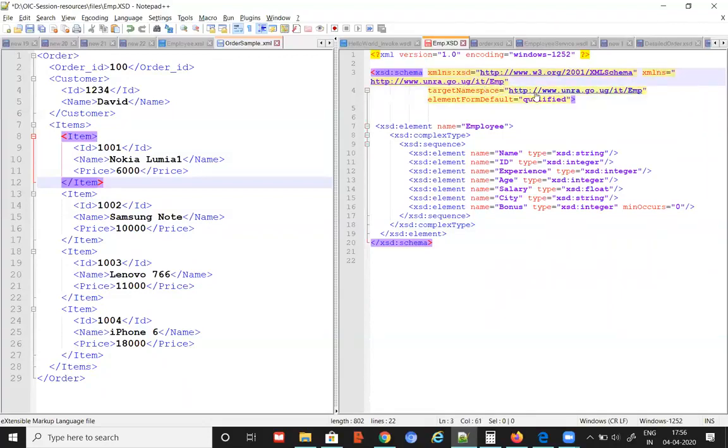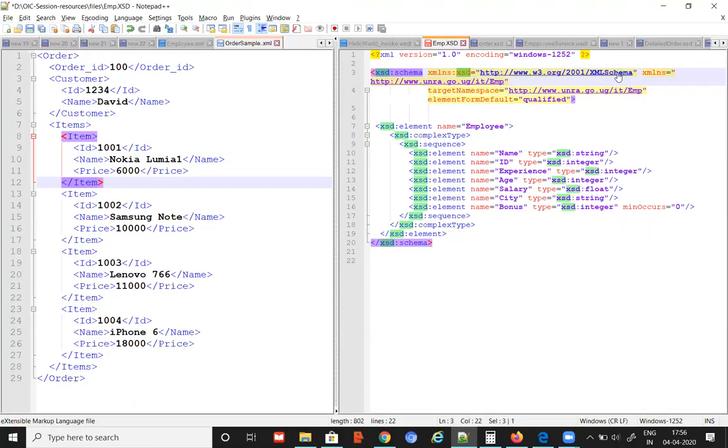What is the purpose of this? First, let's understand this one. When you say :xsd, you are telling that you are going to import some target namespace here. What is a target namespace?